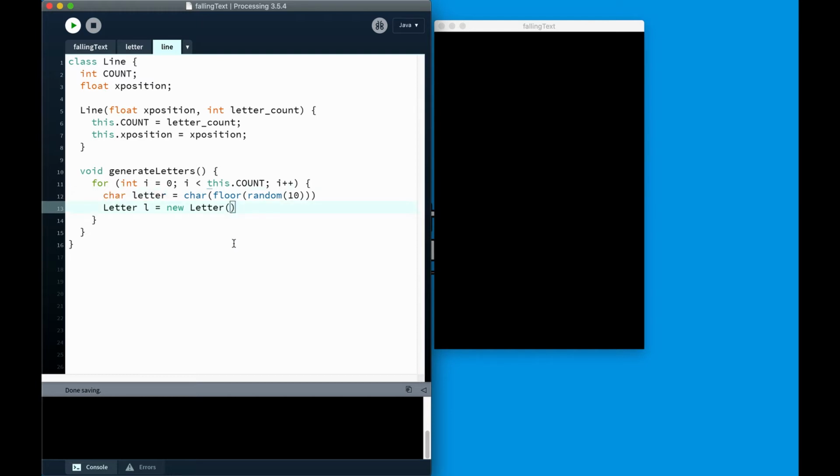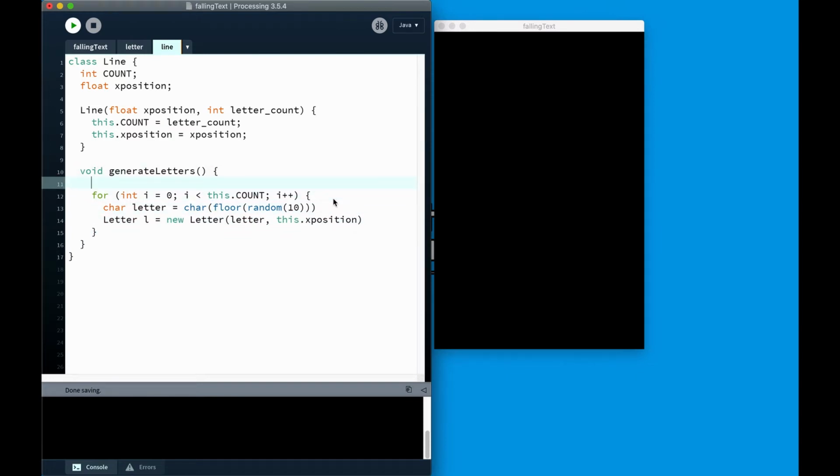I can then pass it into letter and my new letter and put it there. The word letter is on this screen too much. Sorry, it's starting to lose meaning. New letter, so let's put in our X position, so this dot X position. And now we need to do something clever because we need to stack them up vertically. So they're all going to be in the same X position. They're all going to be the same distance across on the page. But the first one needs to start maybe at, in fact, let's make a float Y position. I'm going to set that equal to minus